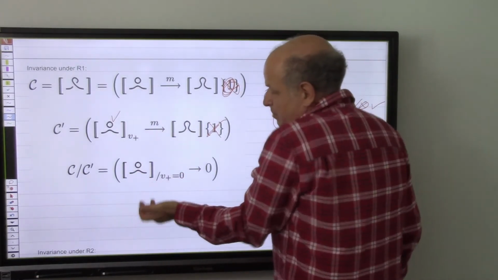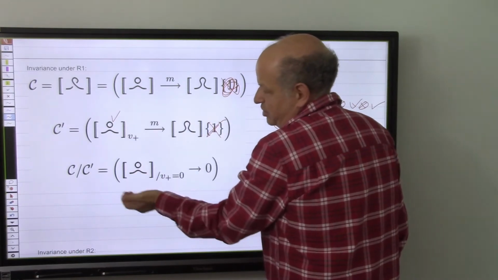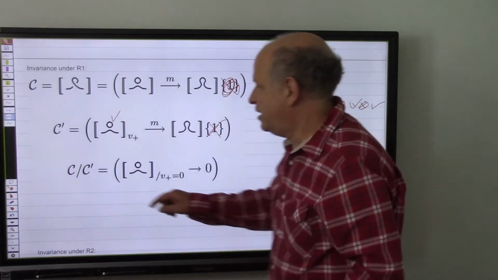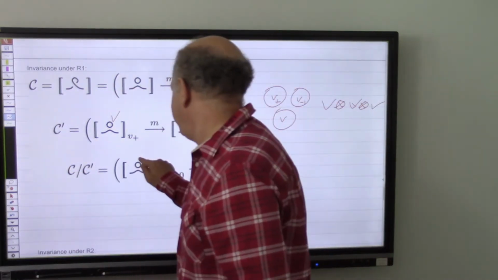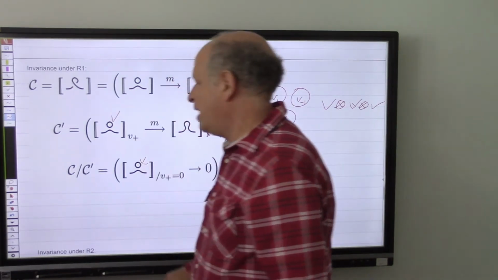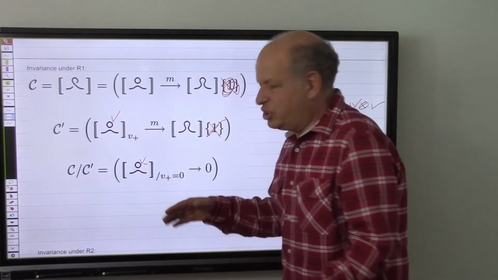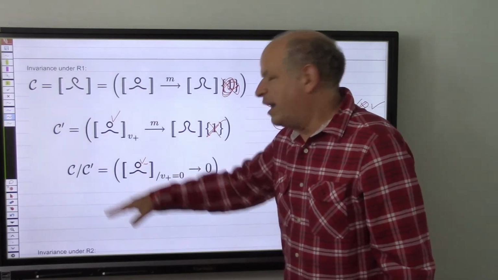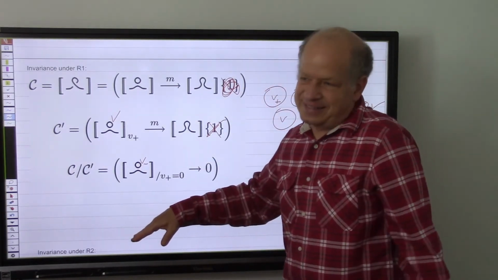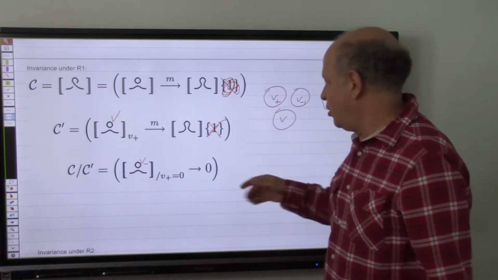But then what remains is simply the ordinary complex. Basically, if this ends up being marked with V minus, the only choices are how to mark everything else, and that's the same as the original complex of